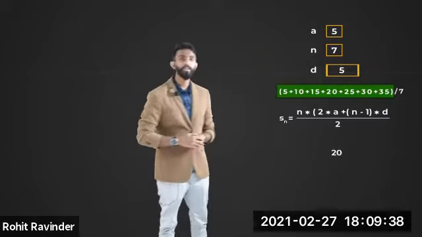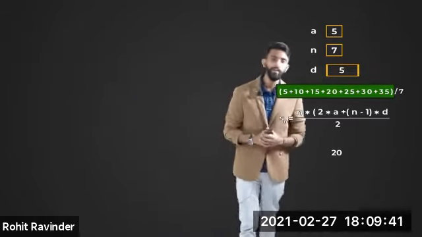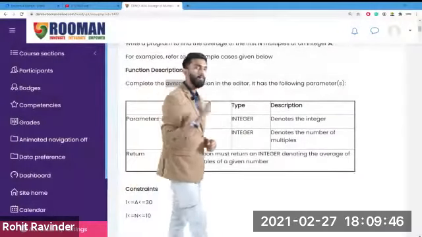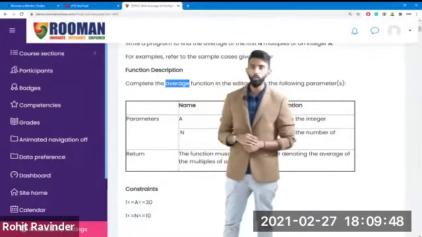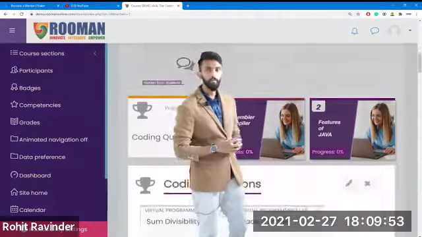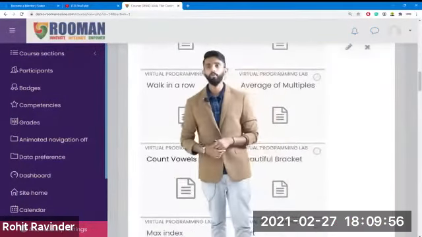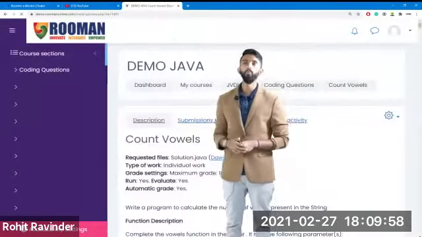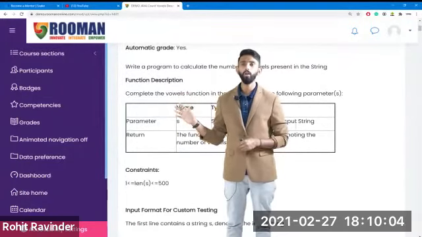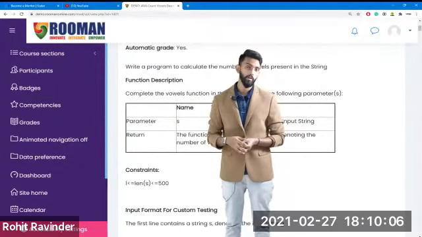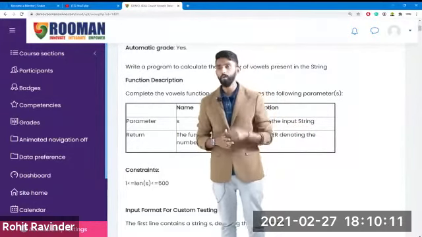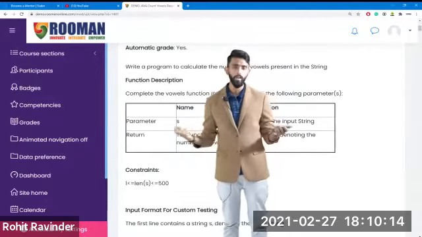But let us now proceed and look at our next question, dear friends. So I'll take you back to my LMS. Again, I'm going to open the question. I want you to read it for 2 minutes and then we will talk about the solution. So if I take you coding questions, the next one we are going to do is counting of vowels. Now this should be a very, very easy question because counting vowels, come on. Mindtree has asked such a question. Imagine if you got this question, easily you should be able to solve. But how many of you can really solve it? Let's see, just read the question.